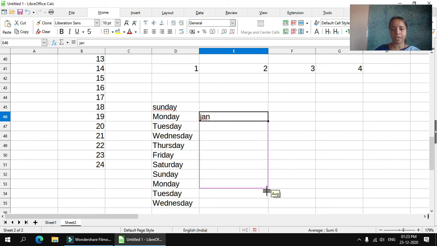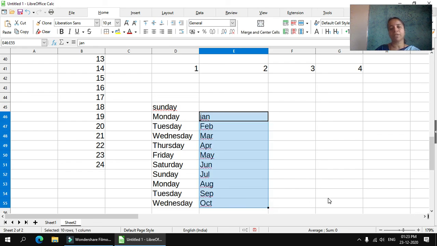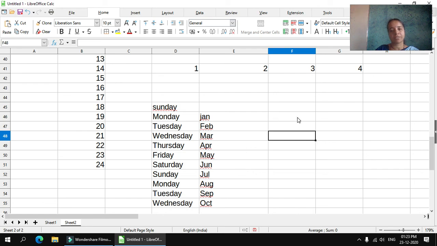Select the fill handle and drag it. So this way you can fill the cells with required data. All these facilities are available in the Excel sheet.